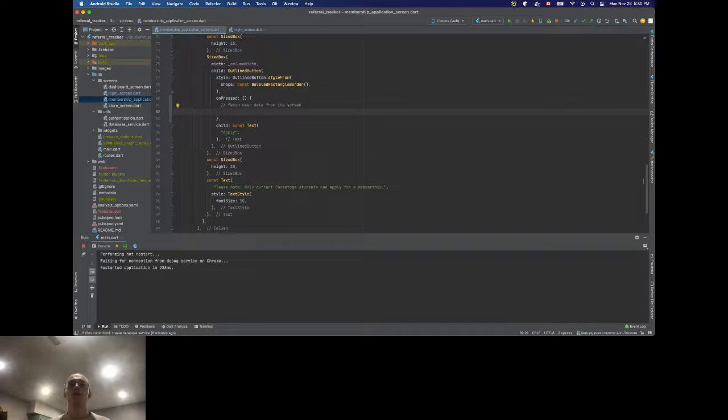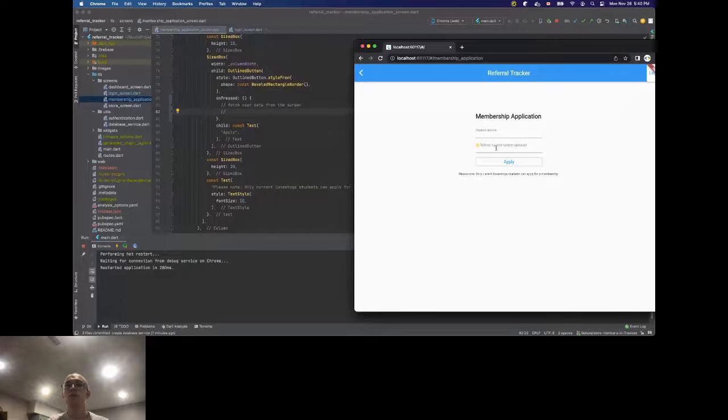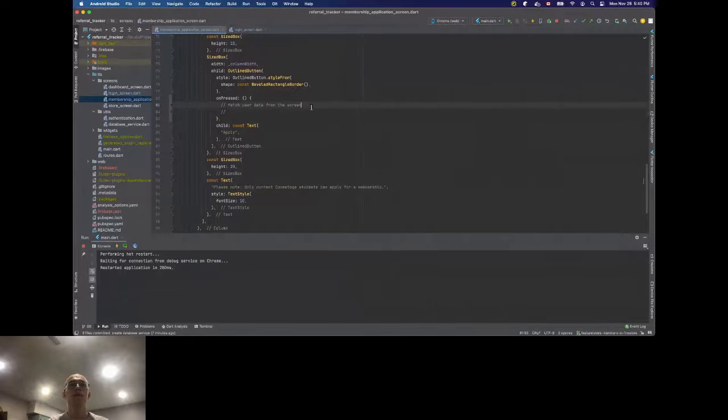I will explain how to do that. In our case, it will be the student number, and then the referrer student number. Then the second step will be to use our database service to create a new user in our